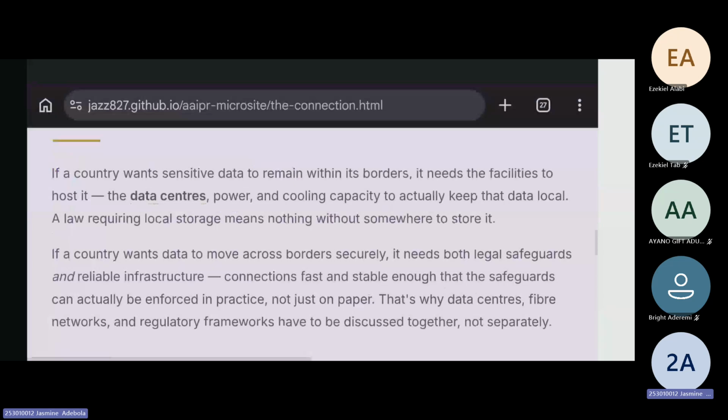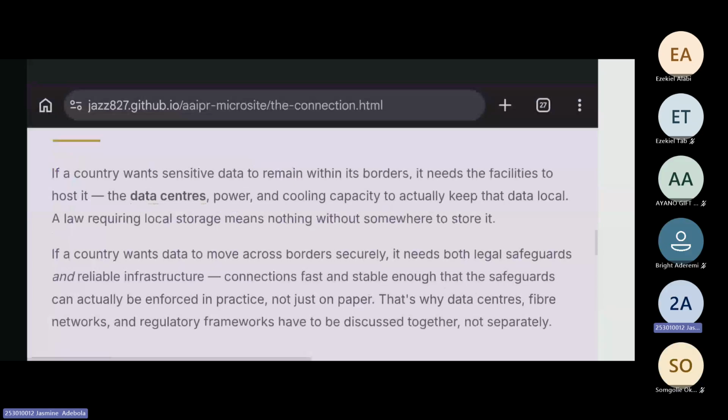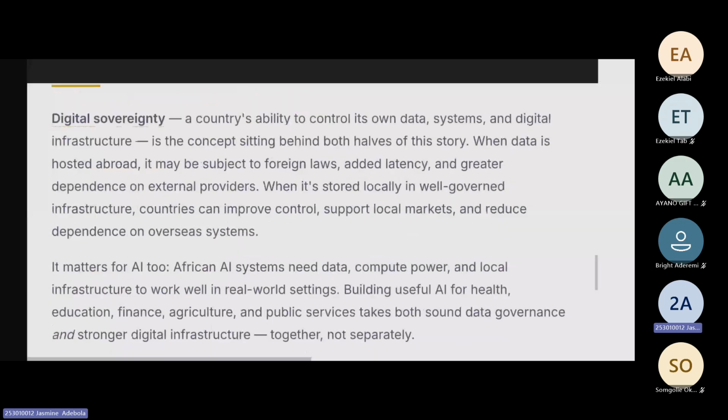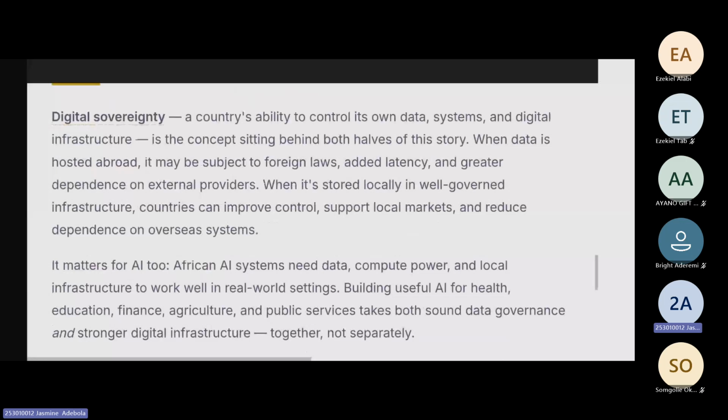So that's why data centers, fiber networks, and regulatory frameworks have to be discussed together and not separately. And so the things that are at stake, digital sovereignty, that's a country's ability to control its own data, is the concept that is sitting beside both halves of the story. When data is hosted abroad, it may be subject to foreign laws, added latency, and greater dependence on external providers. But when it's stored locally in well governed infrastructure, countries can improve control, support local markets, and reduce dependence on